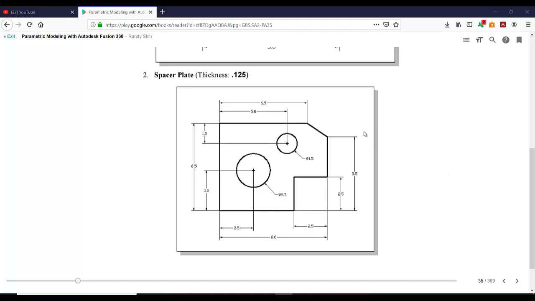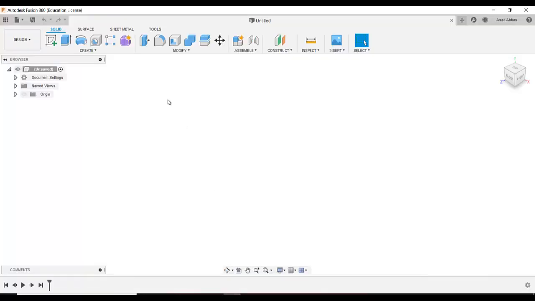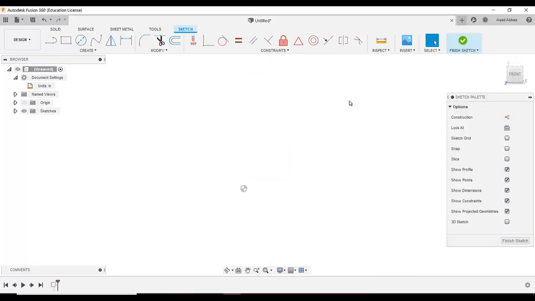Hello, in this video tutorial I am going to sketch this design. The dimensions are in inches, so let's start. First thing is that you need to verify your units. If units are not in inches, you need to change the units. I am going to select inches, click OK, start sketching and select this plane, the front plane, and then I